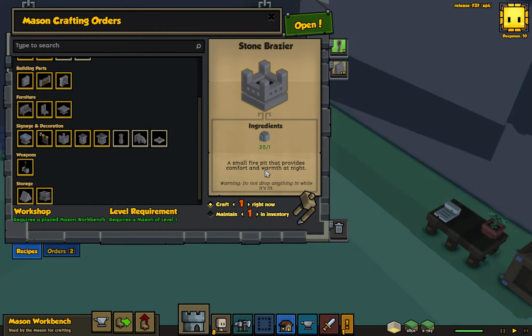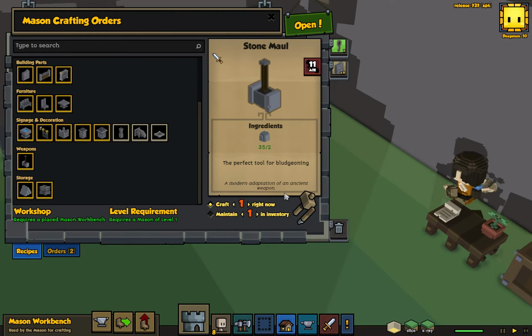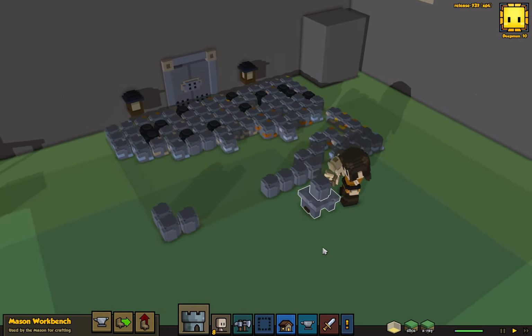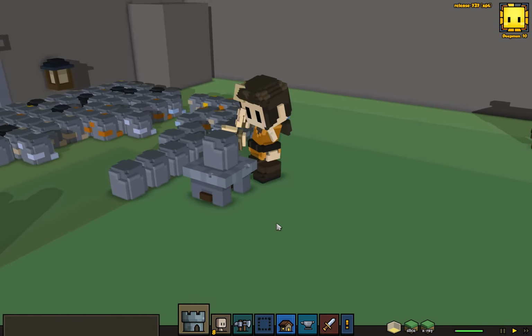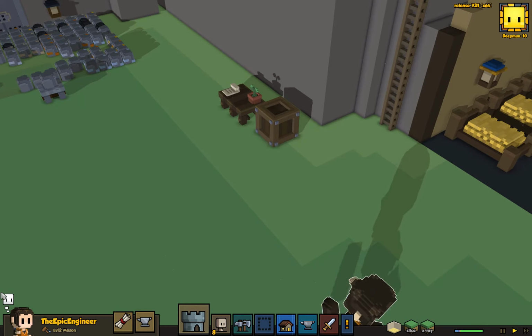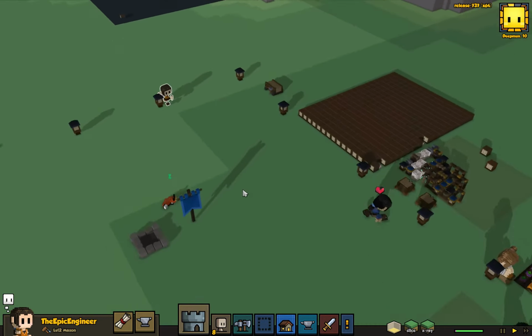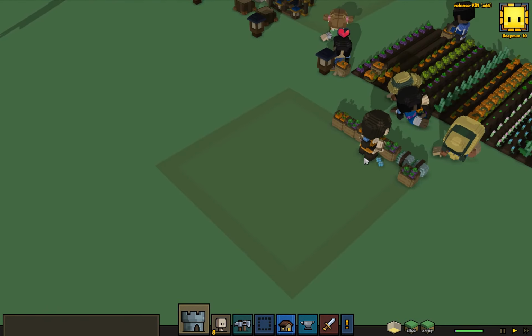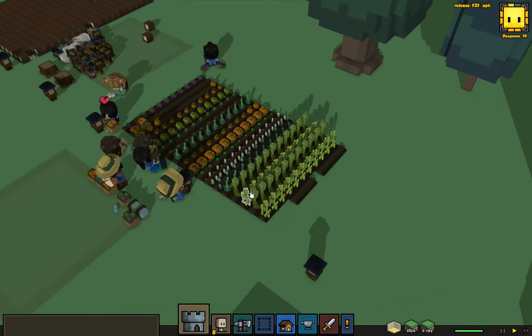So stone brazier. Stone maul. That would be interesting. Stone chest. Ooh, 64 things. That would be nice. So I hope they're cooking. He's making a spoon now. The epic engineers are mason. Very, very aptly named. Where are you going? And he's a mason and he's a cultist. So it's almost perfect. Because, you know, he's a mason, which is sort of like a secret society, isn't it? Oh, he's hungry. Hopefully, as soon as that spoon is done, we'll be able to dive into